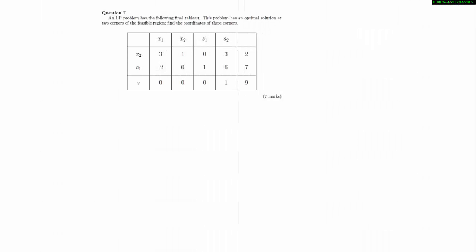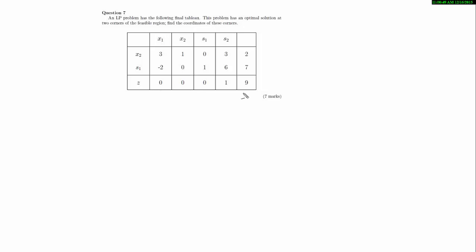Okay, so we're looking at question 7 for the 2013 exam. We're given an LP problem with the following final tableau down here. This problem has an optimal solution at two corners of the feasible region, and we aim to find the coordinates of these corners. Firstly, let's notice that in the tableau given, the Z row has no negative entries,